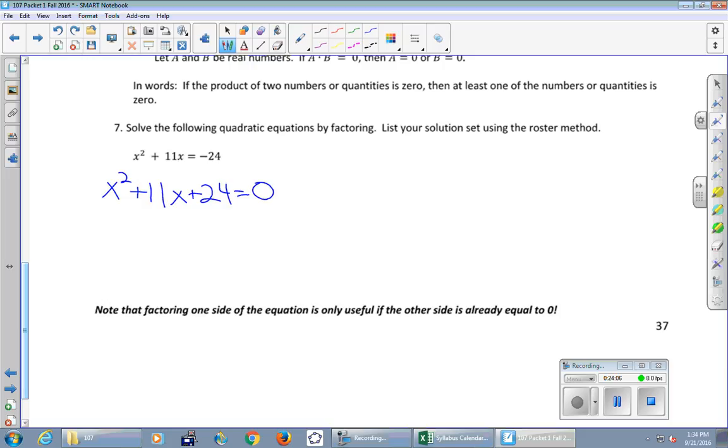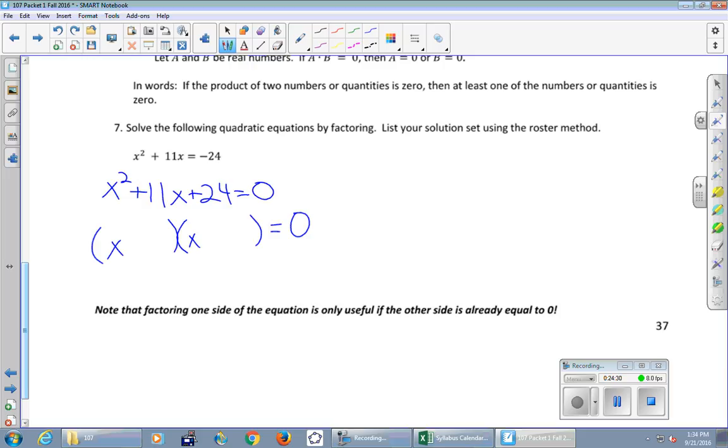Okay, the left-hand side factors. It's still equal to 0. Don't lose that. So the left-hand side will factor. Some of us will use a 2x2 box. Some of us will do trial and error. Some of us are just really good at factoring this kind of thing. I'm just going to put the answer up here, but know that you can take your time to factor it.